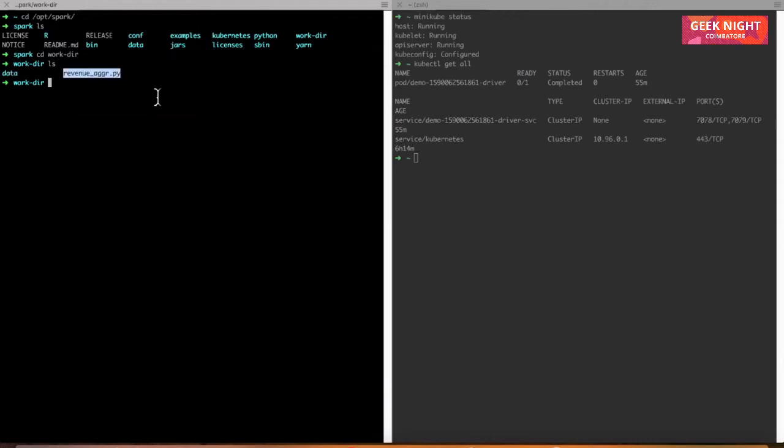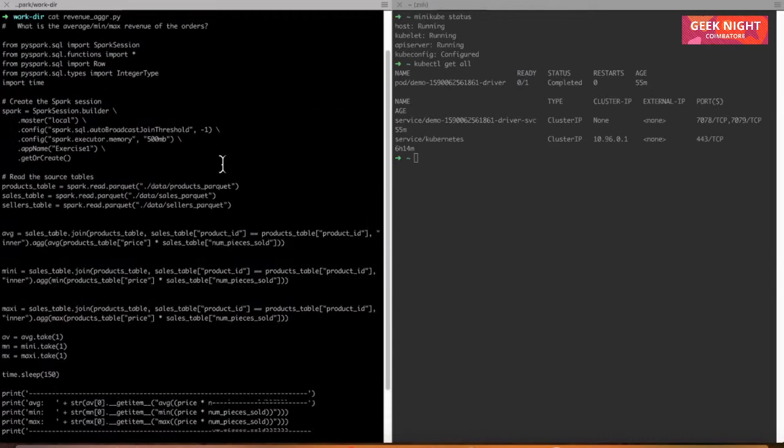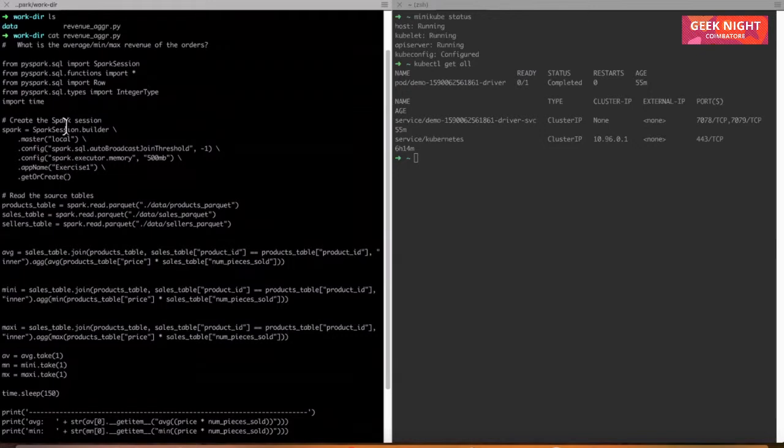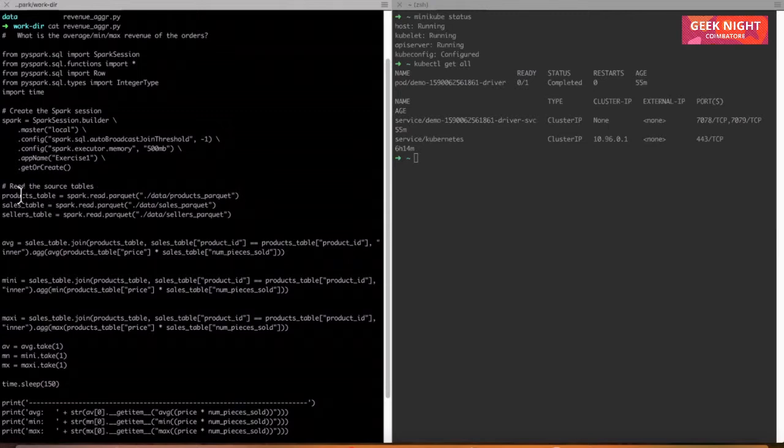So let's see what the program has. Pretty simple stuff. It starts the program, it creates a Spark session, and there are 3 tables here: products, sales, and sellers. All the tables are available to us in